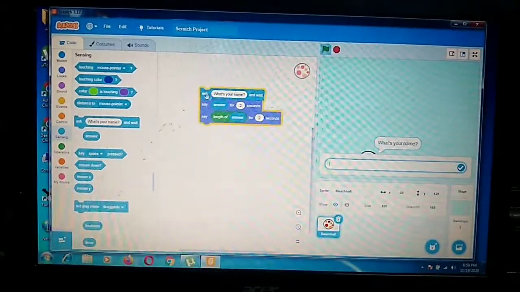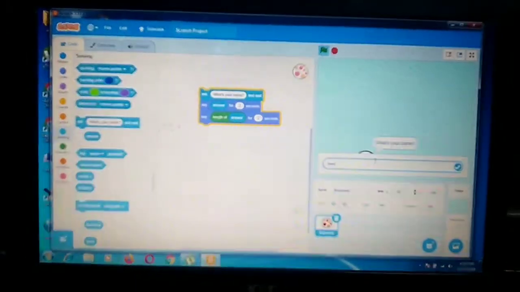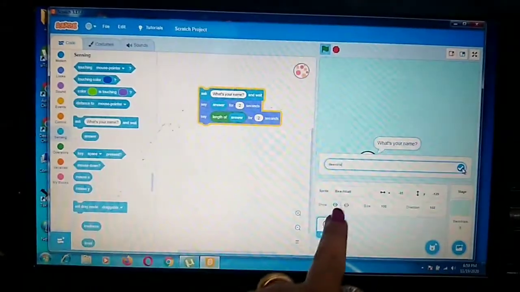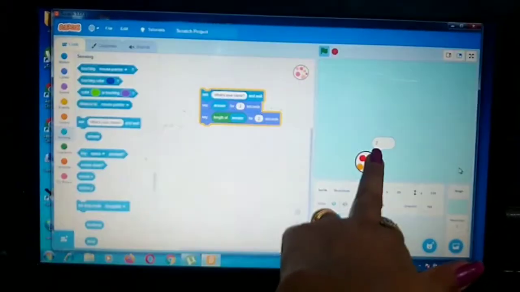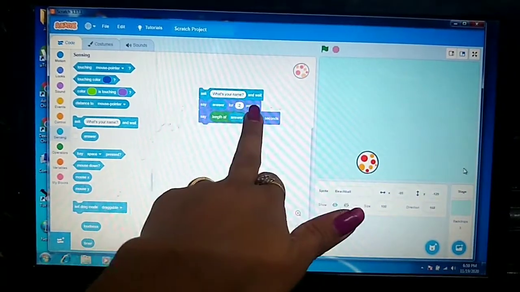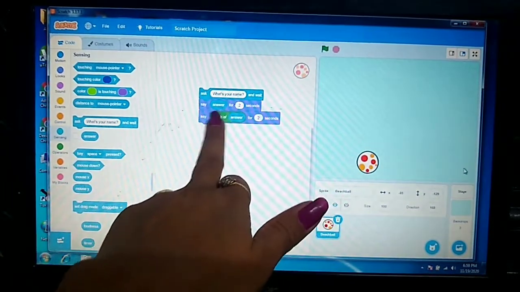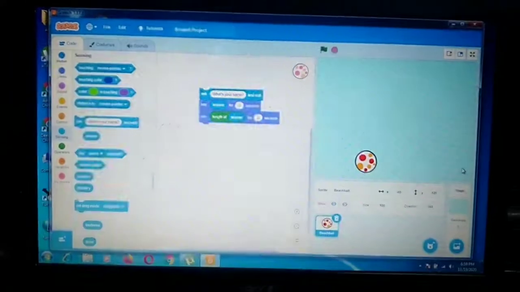See, the ask block, what's your name? It is asking, I will write any name here. I have written in the box, and see, it's telling first the name and then the length of the letters. So these three blocks I have used.